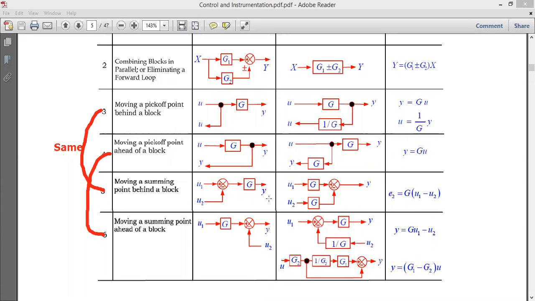So what is the similarity between point number 4 and 6? Point number 4 is a takeoff point, point number 6 is a summing point. But these two points should be shifted before the block. So what is the small change? Here it is G, but here it is the reverse of that, that is 1 divided by G. So always go by adding one extra block, that is 1 divided by G, and that will make your new equivalent block for your original block diagram. So these 6 rules are the major rules which will help us to solve the complete block diagram,